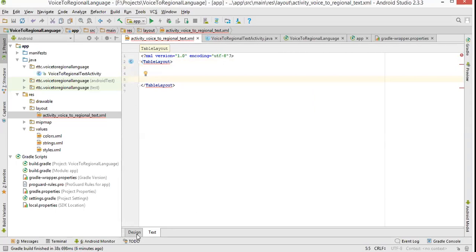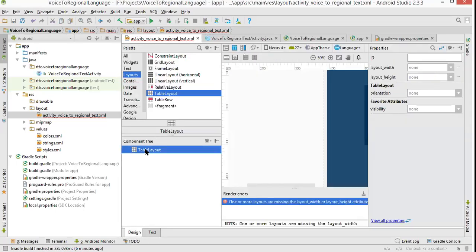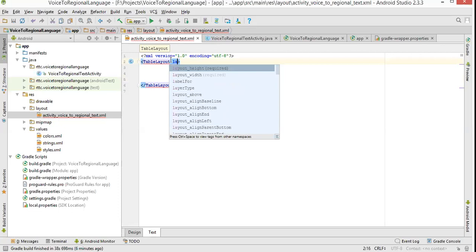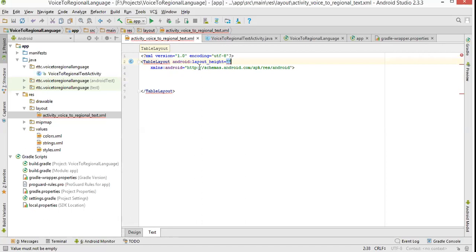And this table layout, I should have a layout width and layout height for this. So I'll put a layout height equal to wrap content, because there are three things here: wrap content, fill, anything you can use.